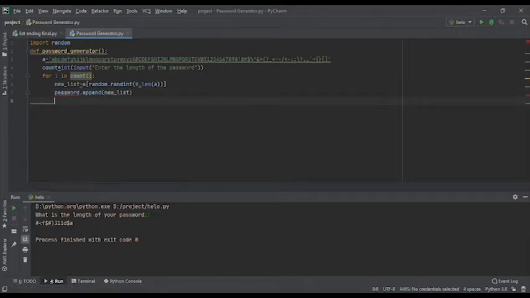After that, we are going to join password, and after that